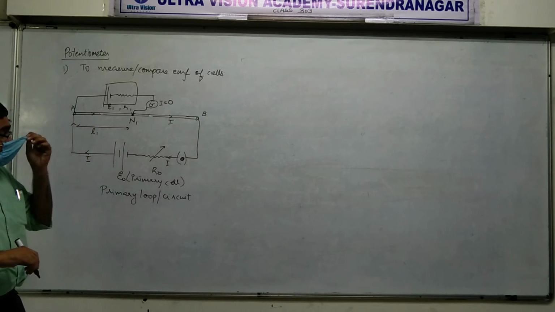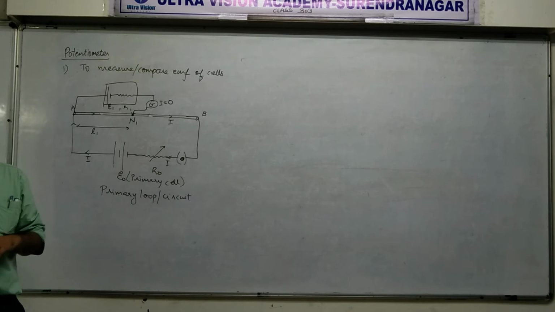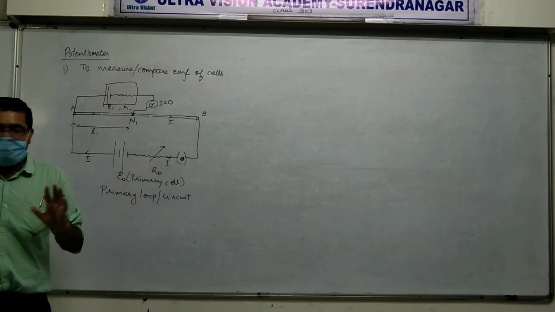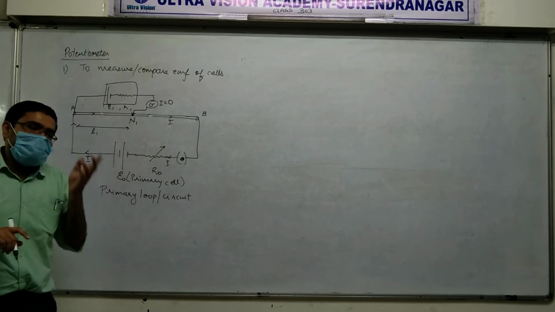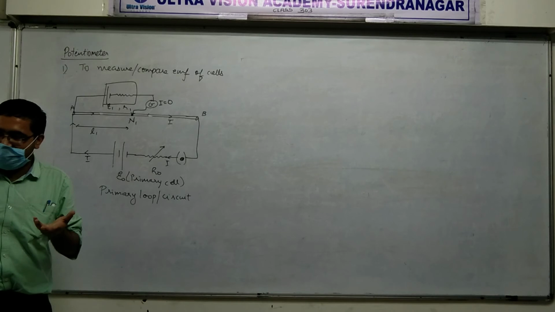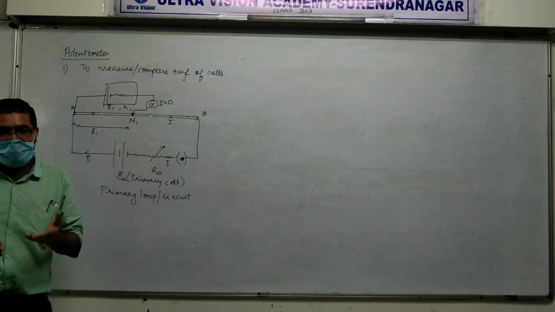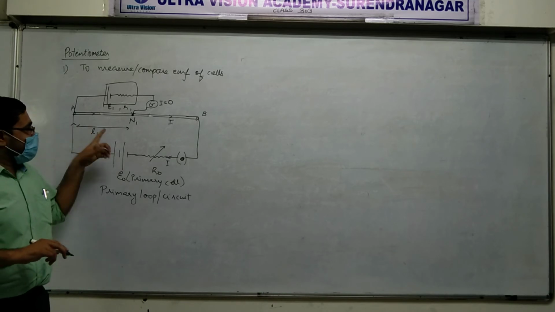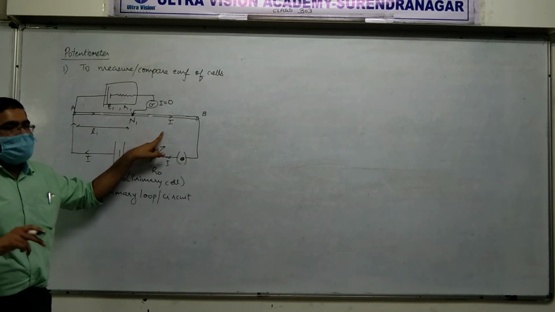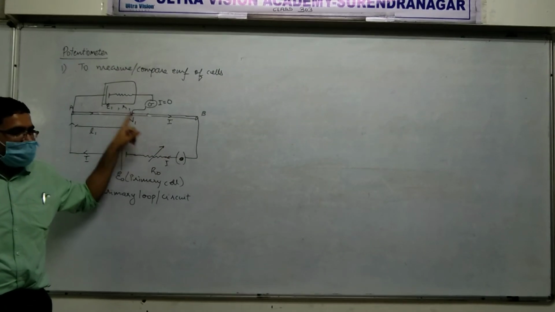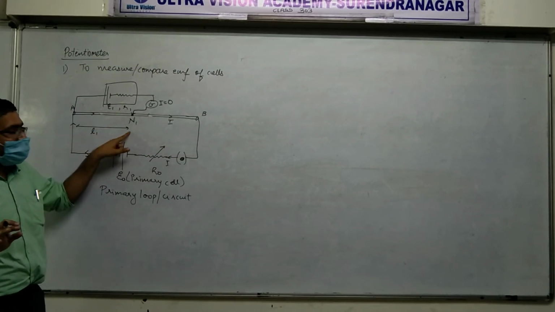Now, one thing that is different here and in meter bridge is that in meter bridge the wire is only 1 meter long, fixed resistance. But in potentiometer, it's not like that. Potentiometer wire can be 1 meter long, can be 50 centimeter long, can be 10 meters long also. Understood? Okay. So if this is L1, I don't know what's the remaining. In fact, we don't even care. Whatever it is. Understood so far? The null point length is L1.